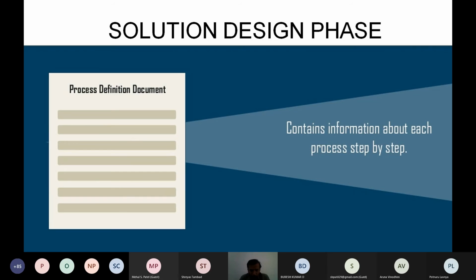So this is a process from the client, means the process definition document doesn't look like this. The process definition document will be much more elaborate, where they'll think of situations like this. Think that you're using an induction stove. So you need to power on the induction stove, plug in the induction stove. Then you need to power on the switch. You need to take a vessel, then pour water into it, keep the vessel on the induction stove, then you switch on your induction stove, then you press menu. So the process will be again broken down in detail step by step. So that is your process definition document.